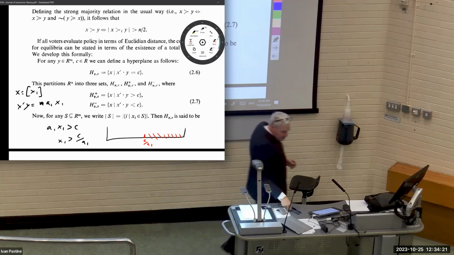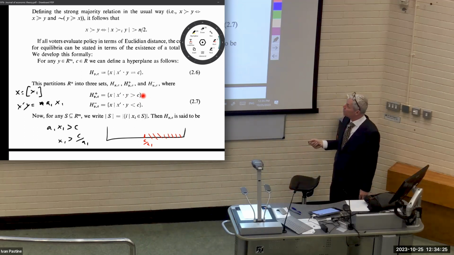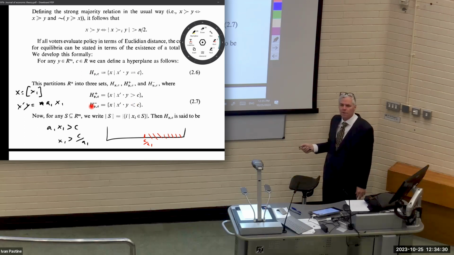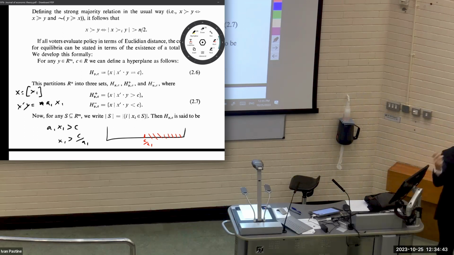I point this out not because it's new, but because I think it's fair to say that even when you got this, you could stare at this for a while and not know what the heck was going on, right? It's a little cryptic. It's simple in the end, but it's cryptic, and this level of cryptic is something that you should expect if you decide to go forward, right?